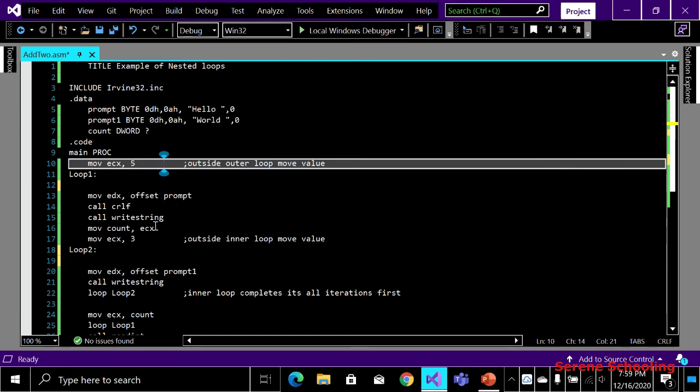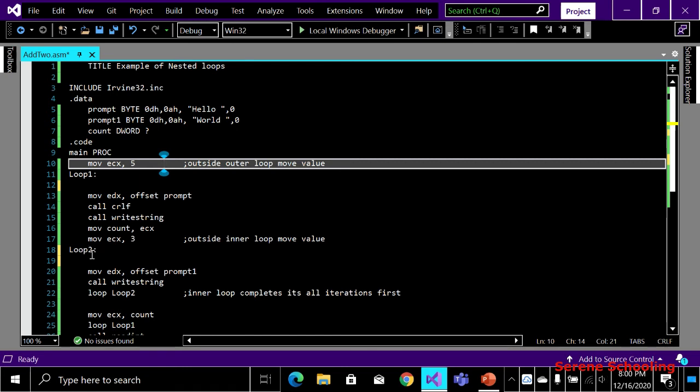And next, I know that this is my nested loop. I have to go inside the inner loop. So before going over there, I have some count variable, and I'm moving the ECX value into the count variable, right, just to preserve my outer loop value. And next I'm sending 3 to ECX, because this is how many times my inner loop is going to execute. It is 3 times.